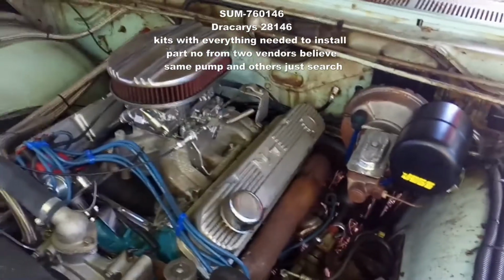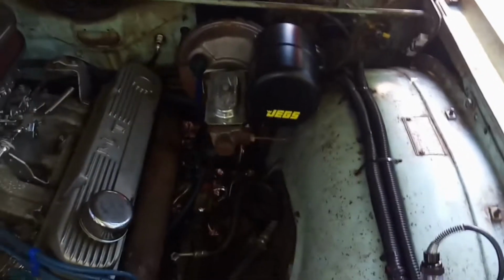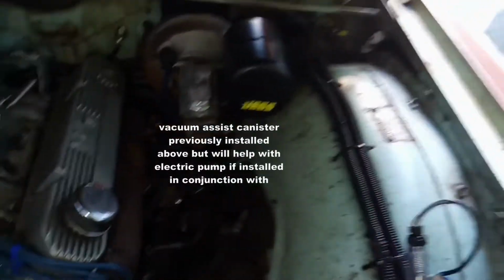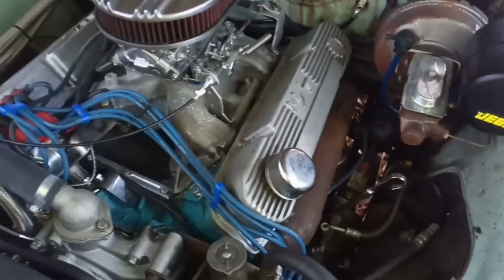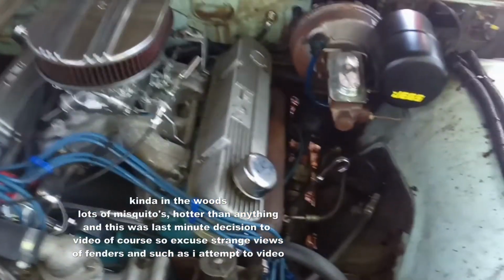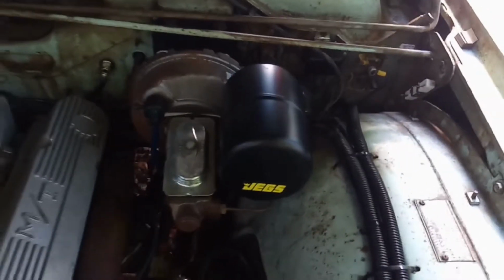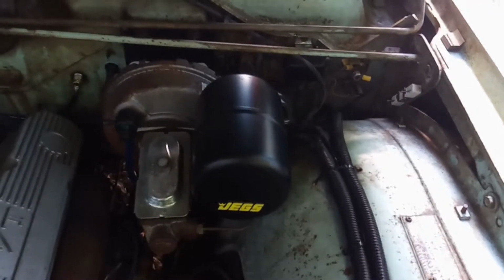I just wanted to make a quick video on how I installed this brake vacuum pump booster on my Plymouth. I've got a 383 engine here that I built, and it's got a kind of oversized, nearly 500 lift Lunati cam with some overlap, so it doesn't build much vacuum. And I know some people would just say, you should have stayed with the manual brakes, which I probably should have, but I didn't. I installed the factory power brake system on it, and I installed a booster can,